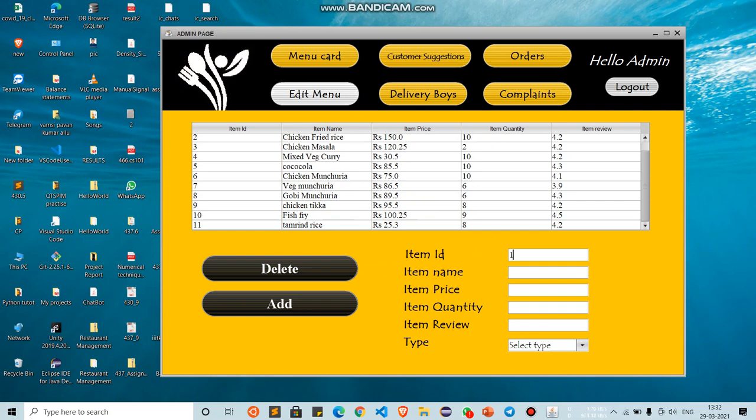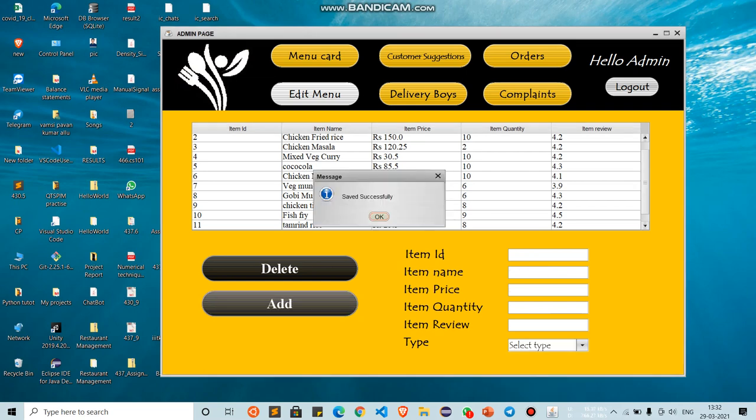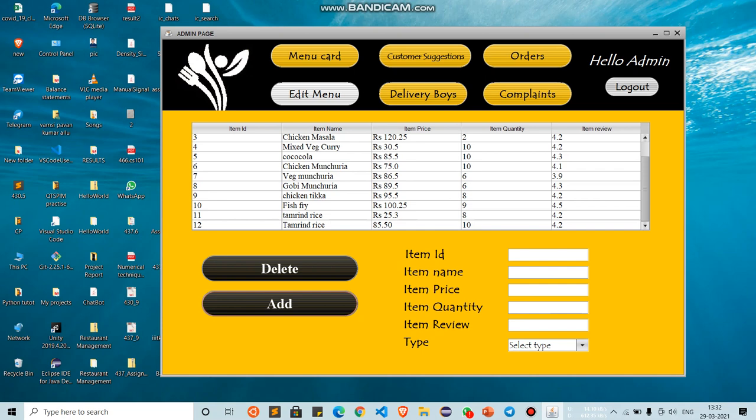Let me add something. Let me set the price and quantity of it, and it's a veg item. So I added it to the database.